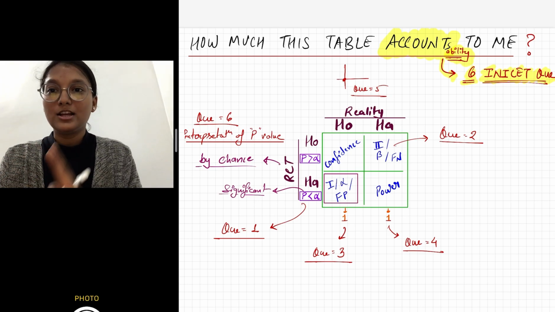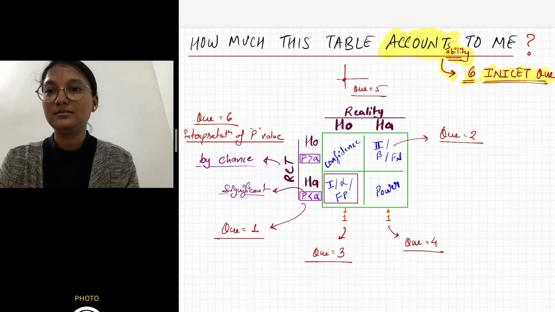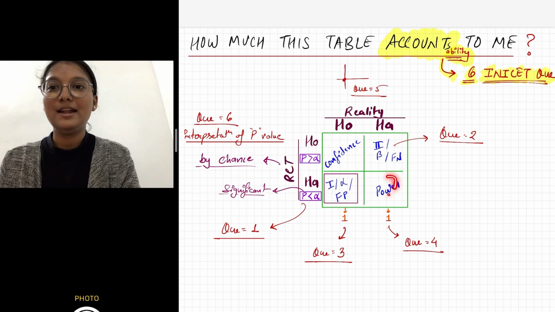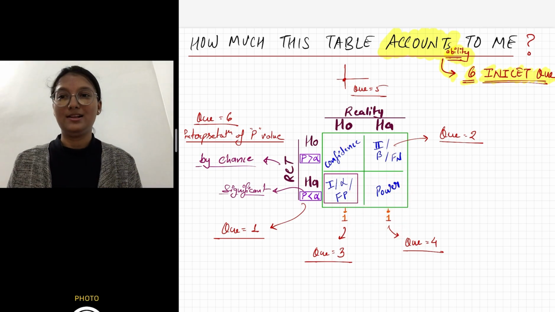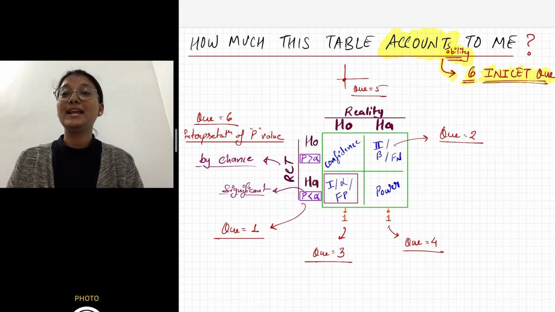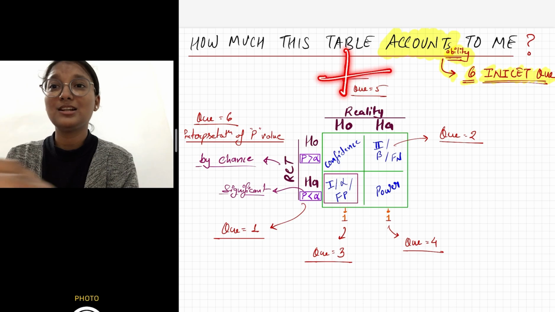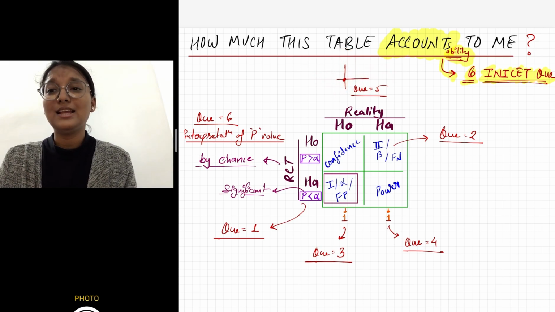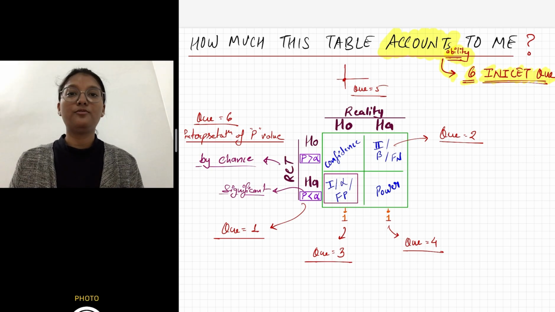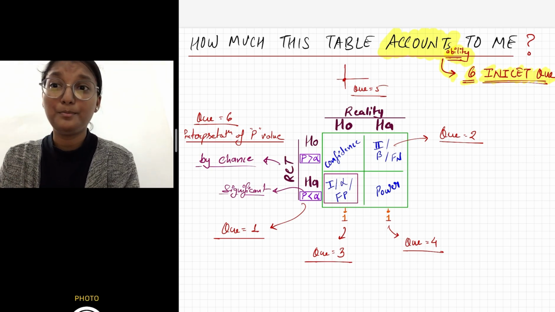Okay, the question number 3 is exactly the same as what I told now. Vertical relation, confidence is 1 minus type 1 error and power is 1 minus type 2 error. Question number 3 and 4. Now coming to question number 5, they ask about the intersection relation. Like they will say in the RCT they found a p value of 0.04. 0.04 means p less than alpha.